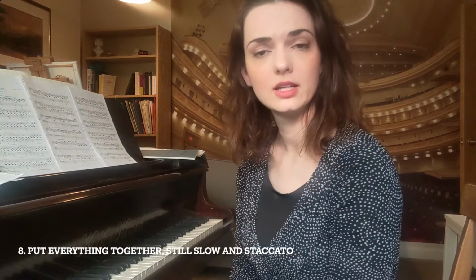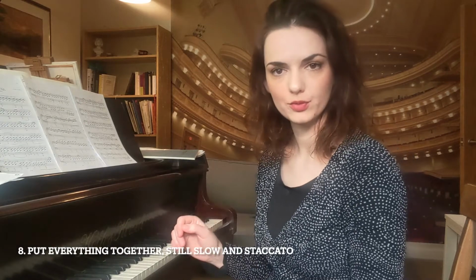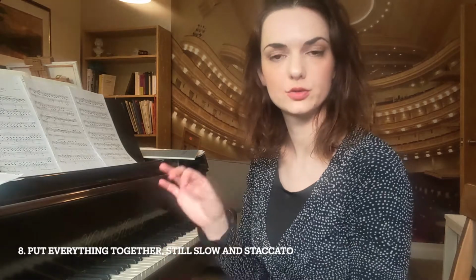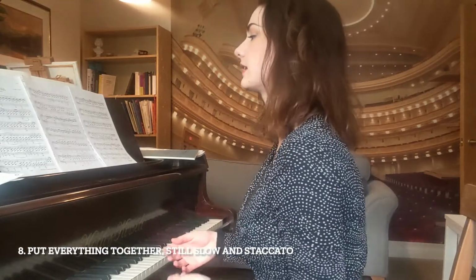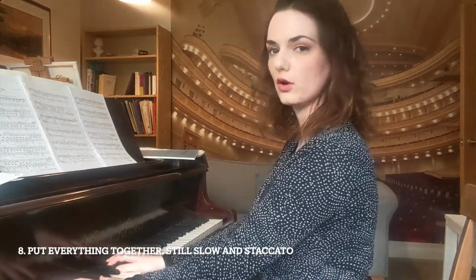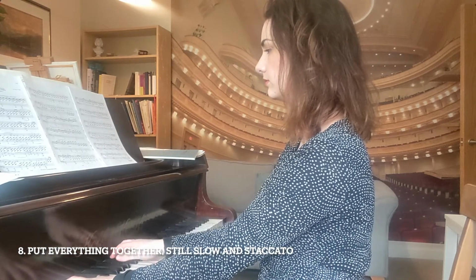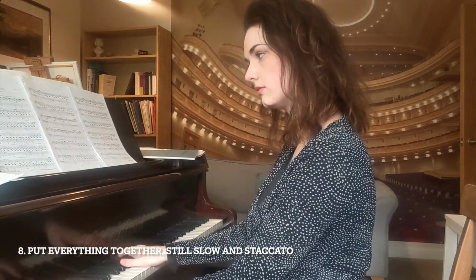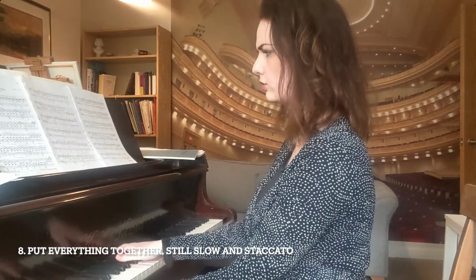Now we are finally ready to put everything together. I would still recommend to play the triplets staccato because not only will it help you, as I said, to play it softer, but also to play it more evenly. I find that practicing staccato really helps with the regularity. So it would sound like this. Still do it at a fairly slow